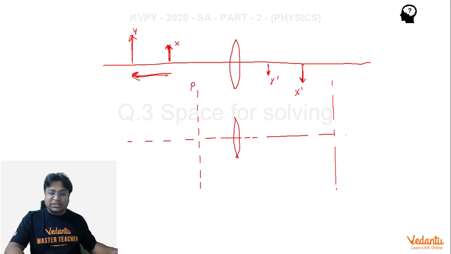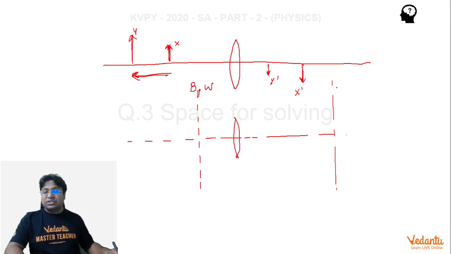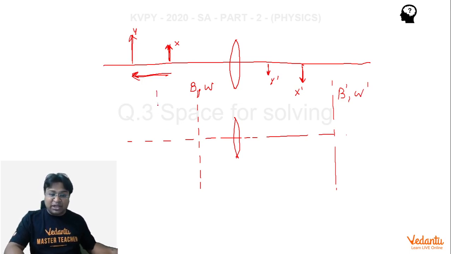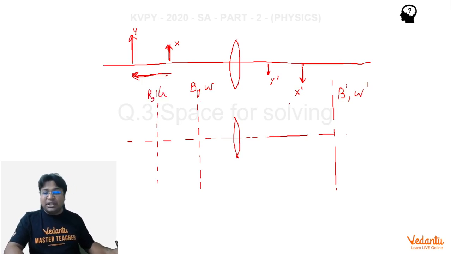Okay, so let's say this is the vertical line containing the blue and the white bulbs. This will be the vertical line containing the images of the blue and the white bulbs. The other two bulbs, which are red and green, will probably lie on this vertical line, so the corresponding image will lie on this vertical line. One thing that we are very sure of is that the nearer screen will contain the red and the green